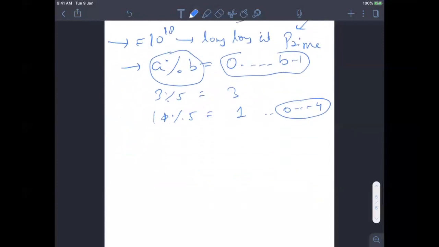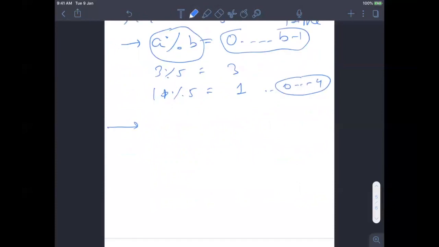I'll take one example here. Let's say you have to calculate 100 factorial mod this number. This number is very big, and if you don't realize that, you can try it in your compiler. I'm not sure, but you can only print approximately 16 factorial, and after that it will overflow. You cannot store it in a long integer.